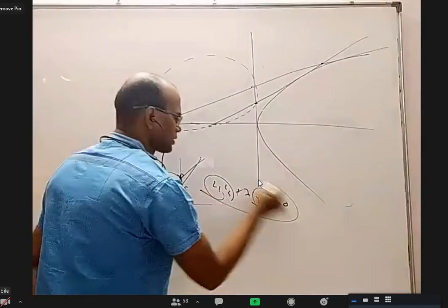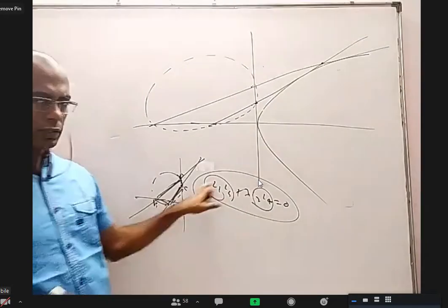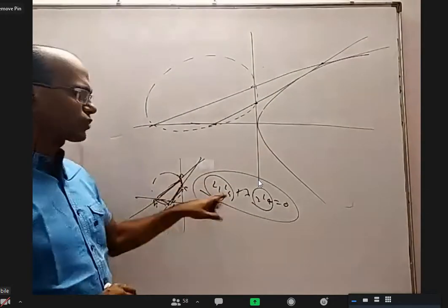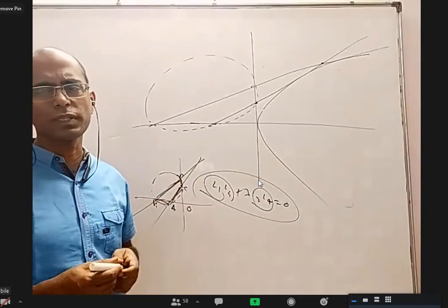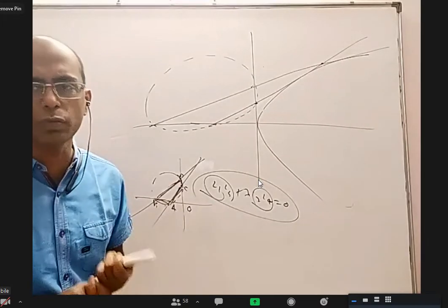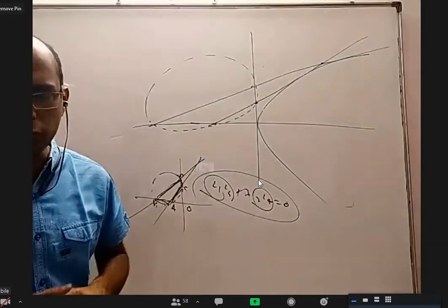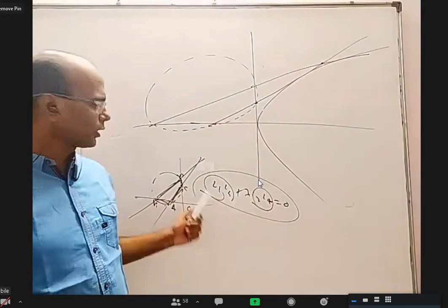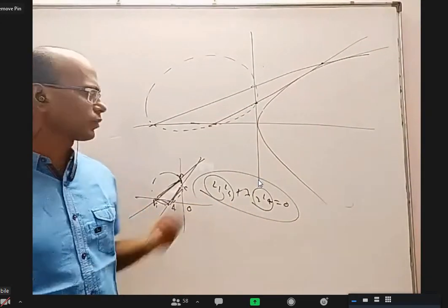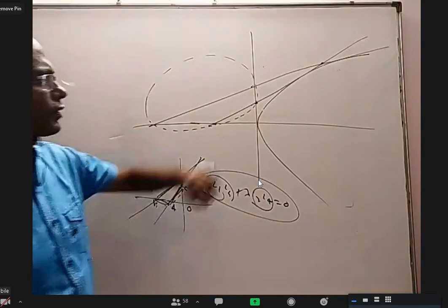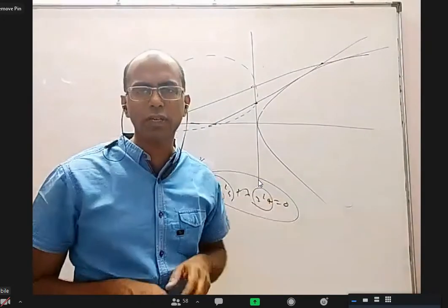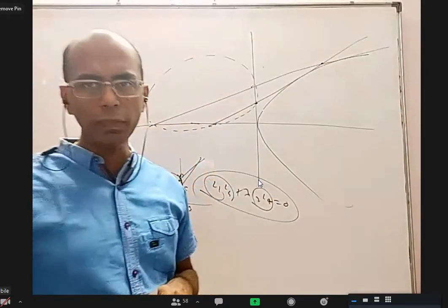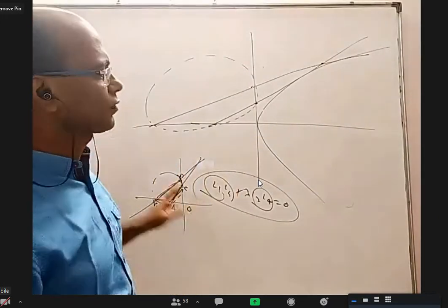Okay, we got this. Now, this is a curve passing through these four, but for a second degree equation to represent a circle, coefficient of x square equal to coefficient of y square and coefficient of xy equal to 0. So xy can be cancelled with lambda, but coefficient of x square and coefficient of y square should be equal. So one method is from this external point find the combined equation of tangents, S1 square equal to S into S11. In that, coefficient of x square equal to coefficient of y square is sufficient.